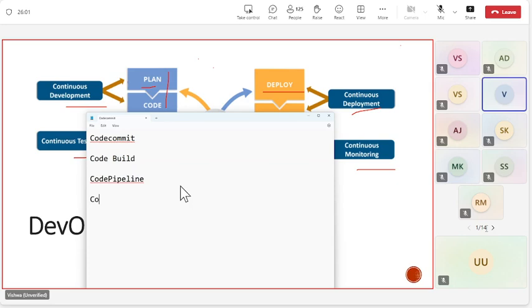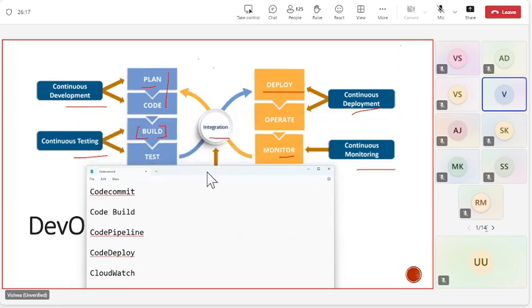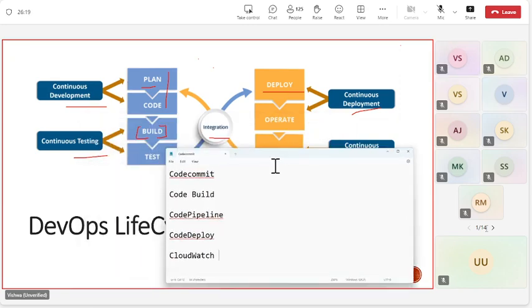The deployment tools are going to be code deploy, and also we have the containerization, and then finally the CloudWatch. This is in the same sequence of your life cycle. All right.